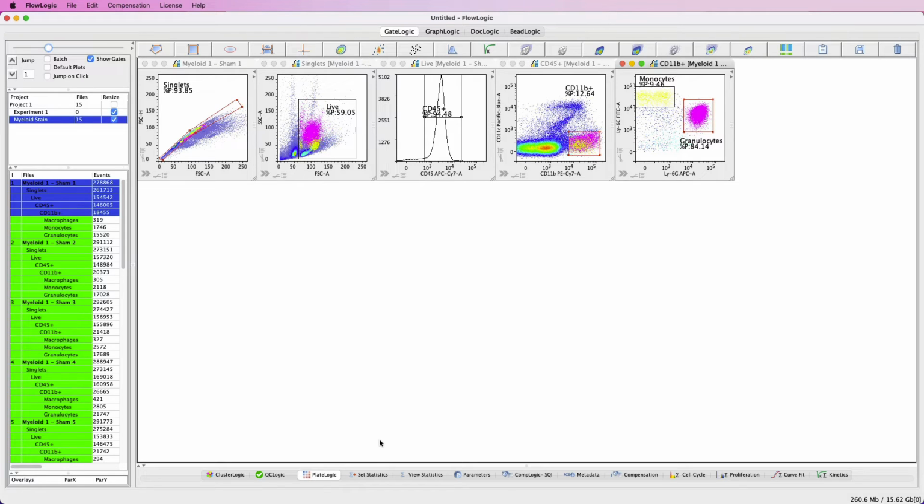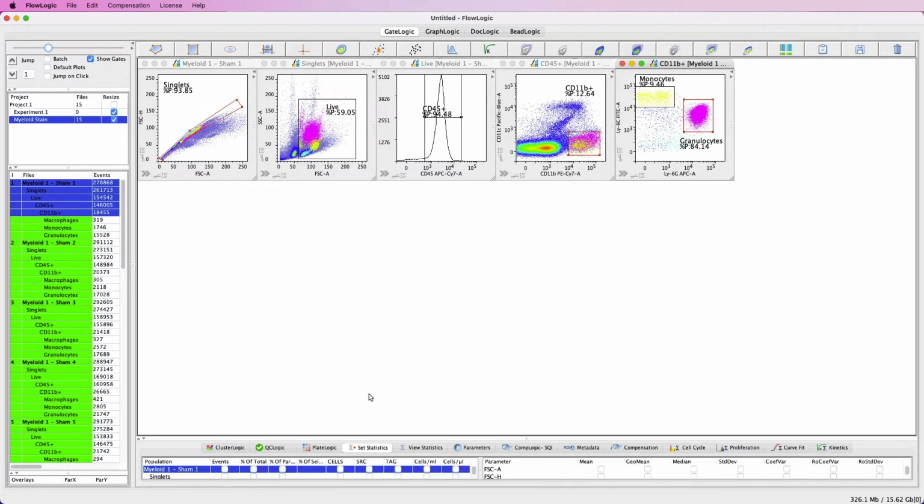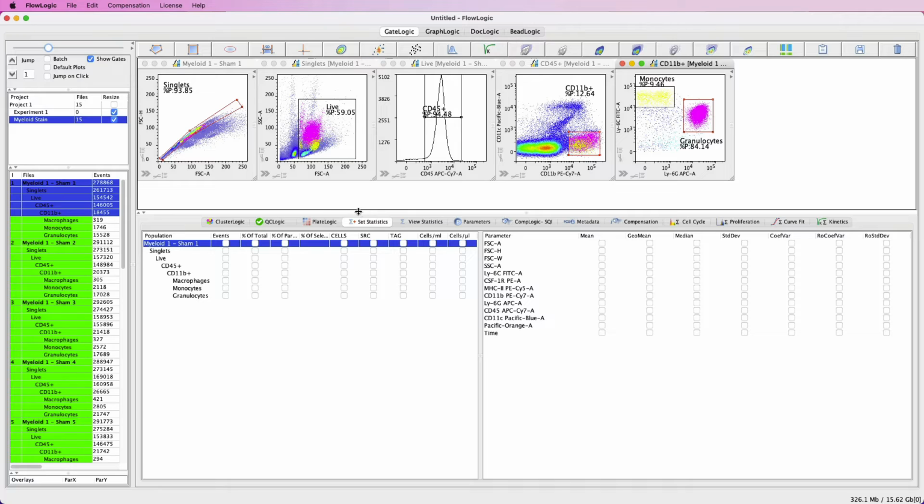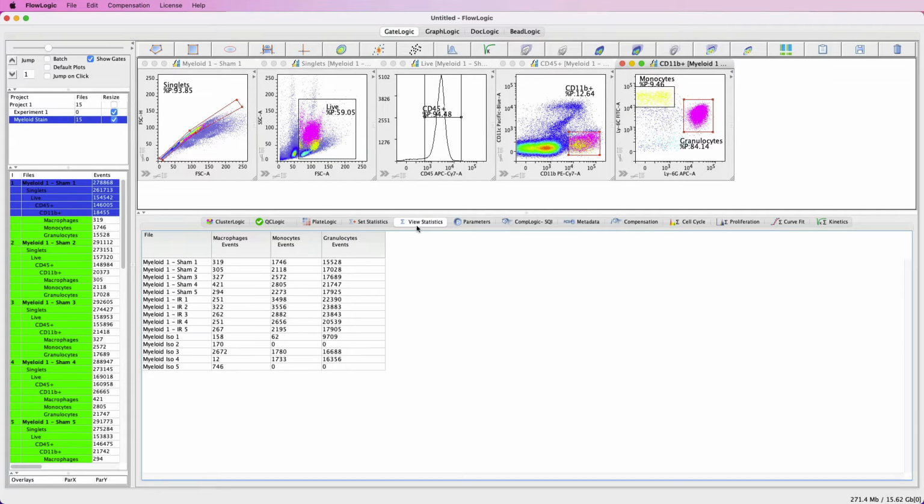To do this, select Set Statistics from the Advanced Functions drawer, and then you will be presented with a selection of population-based statistics and parameter-based statistics. And it's just a matter of ticking the corresponding box with the statistic that you wish. For example, if we wanted the event count for these 3 populations, then click on the View Statistics tab to